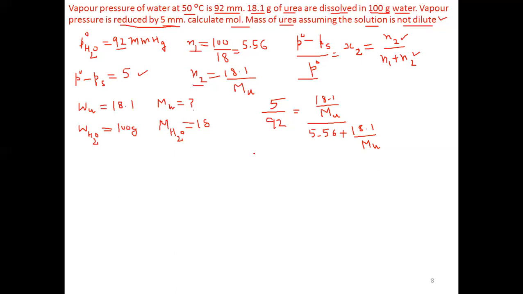Now we can cross multiply. If we cross multiply it, it becomes 5 into